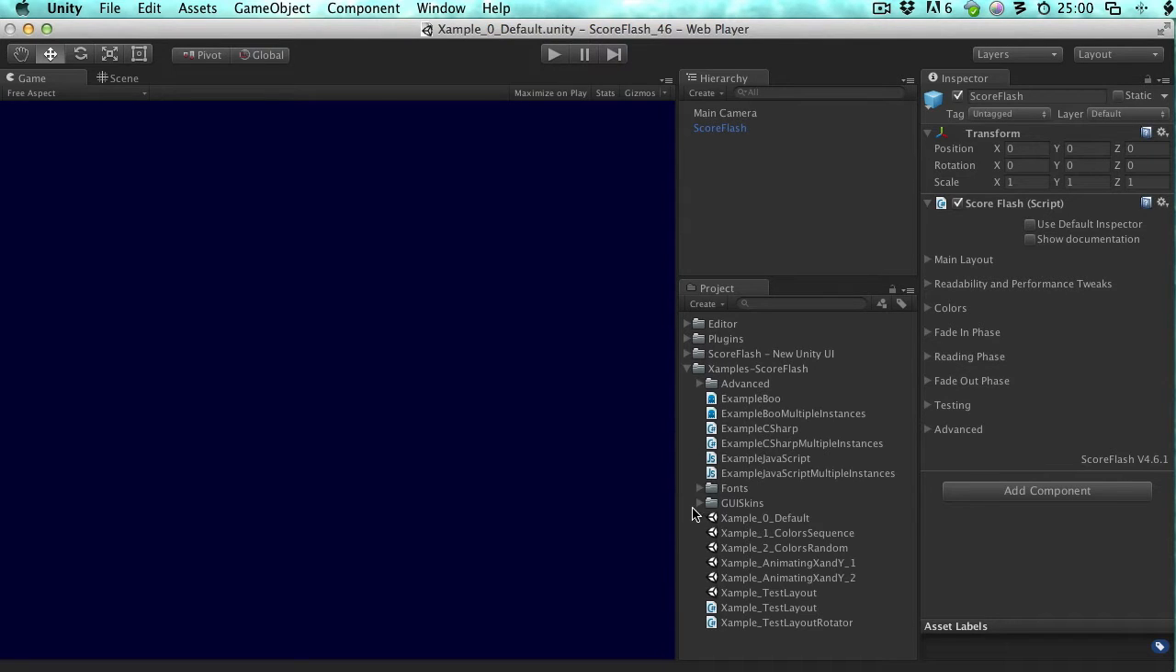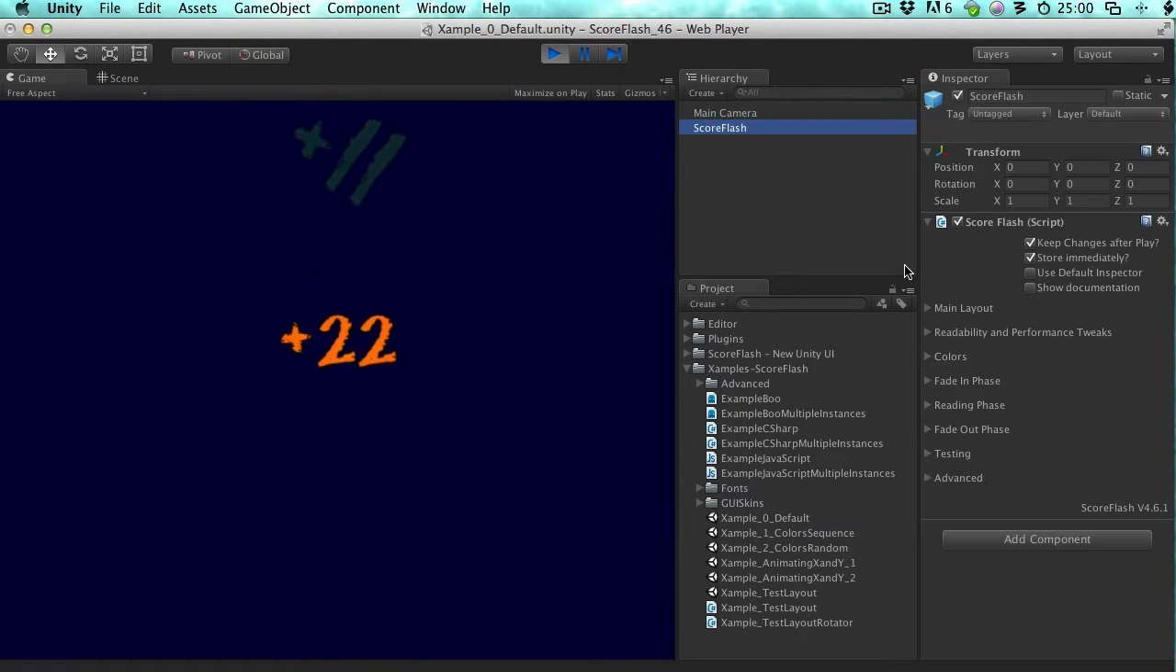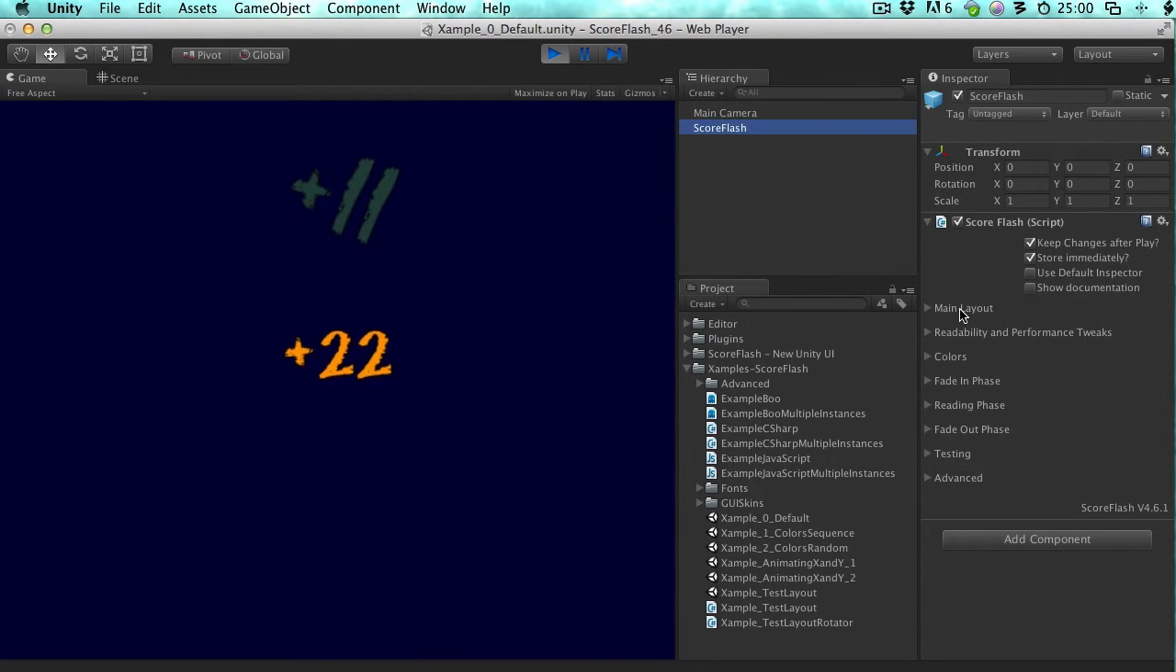There's one example scene here. Actually, there's plenty of example scenes, but one very, very simple one, the default one. And if you start playing, you see that this is the default, very basic use case of ScoreFlash, just pushing messages onto the screen. And then if you go here into the inspector, you see that there's various compartments here for different configuration settings